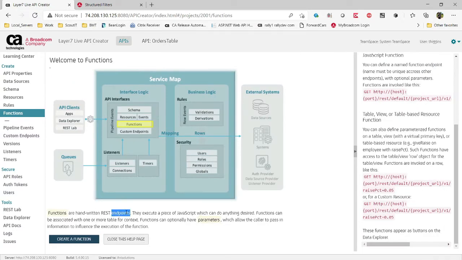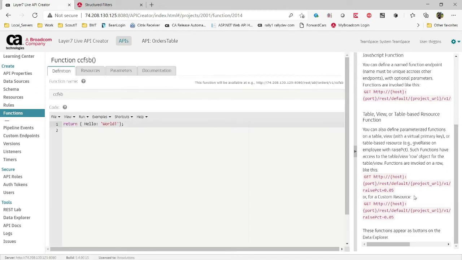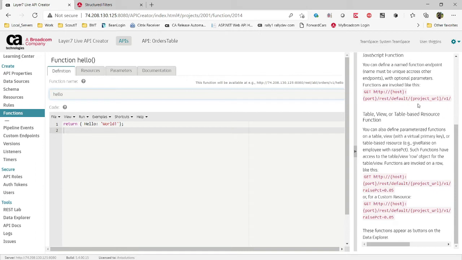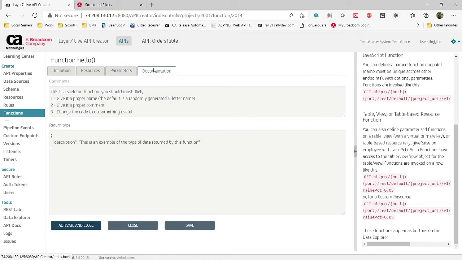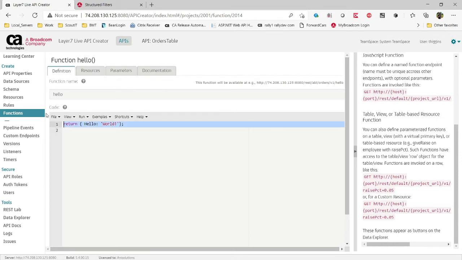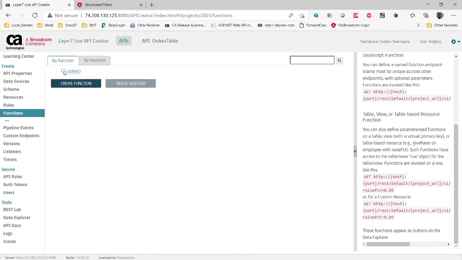Functions are kind of the same thing, except here you're going to create something. To me, function is code. I know I just said that. But functions are handwritten REST endpoints. So if I create one of these, then I can do something like this. Notice here, we'll say hello, right? That's my endpoint. Notice it looks like code, and here's the body of that code, and it's JavaScript. So you can go through here and look at these. It even documents it for you, and it's pretty cool. We're not going to do this because I don't know if we'll break on the other end, but those are pretty cool. So I can go to functions, and I can click on this one,